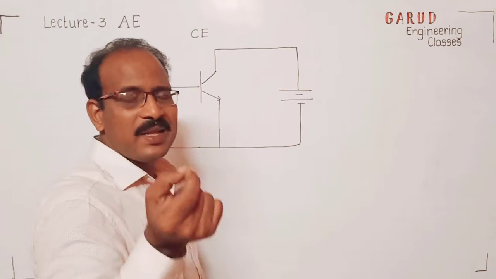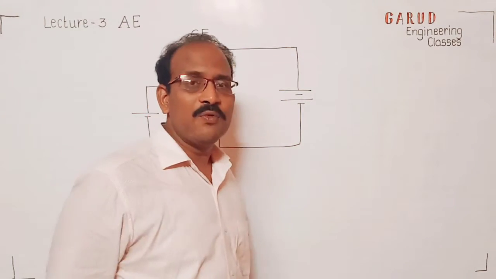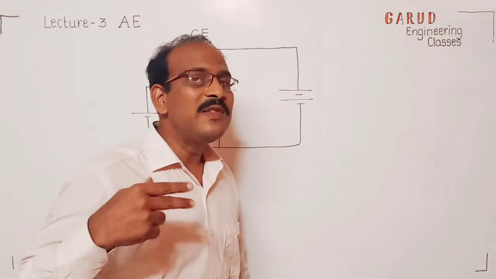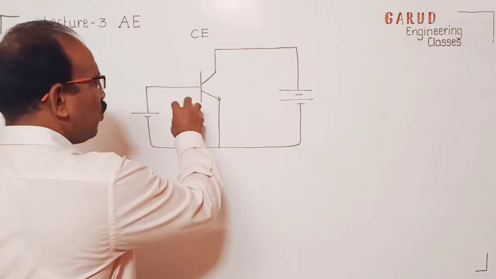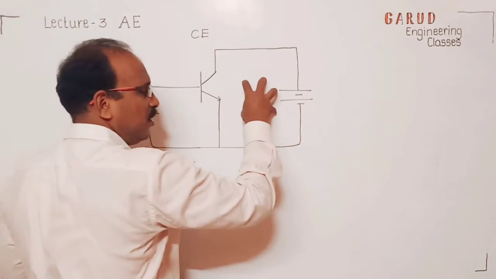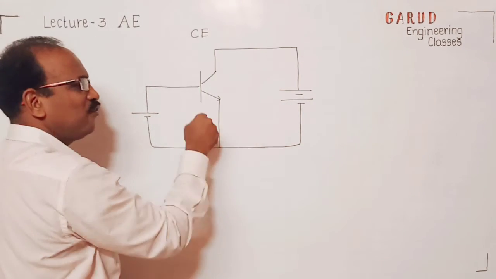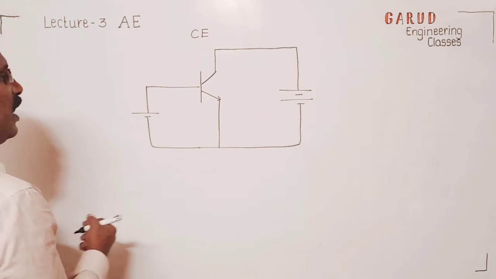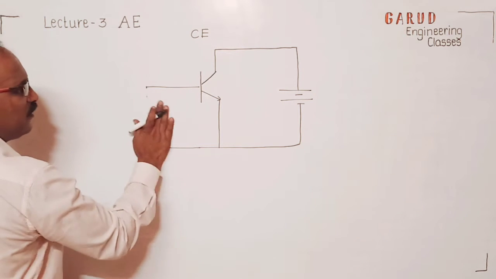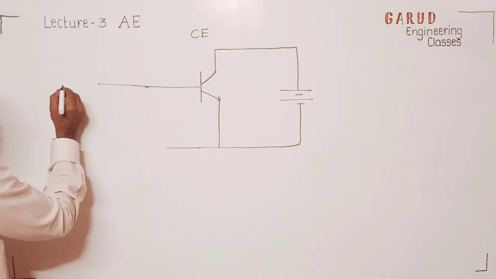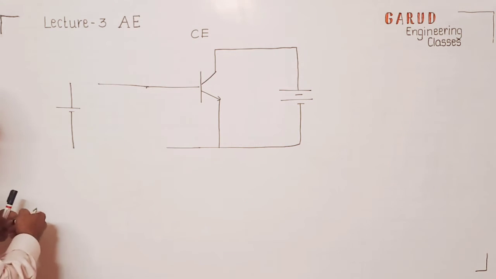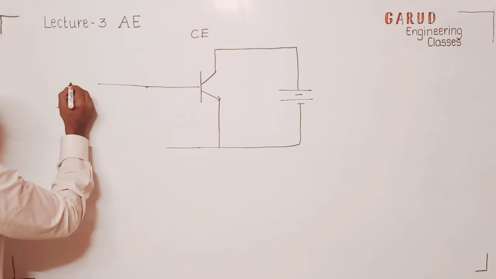If you want to see the characteristic of any electronic device, what to do? We always give different variable voltage and we see the response. Same thing. It has some input signal here. It has some output configuration also in common emitter. When we see the characteristics, we have to see the behavior. I have to apply different voltage. So see how I draw. I take some voltage and I need to make it variable. So how do I make it variable?